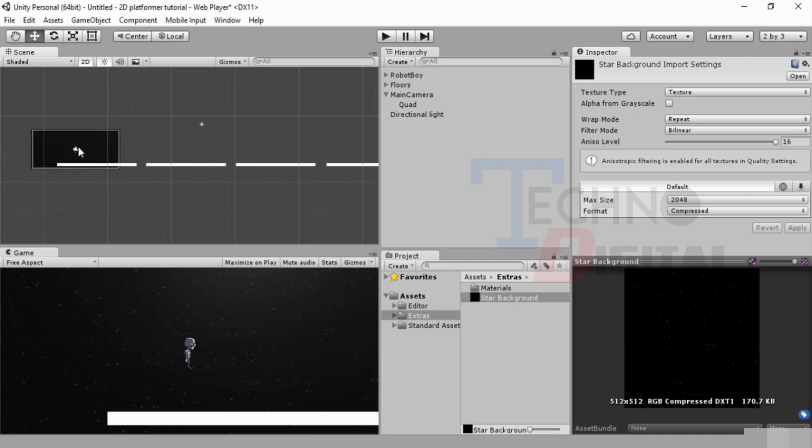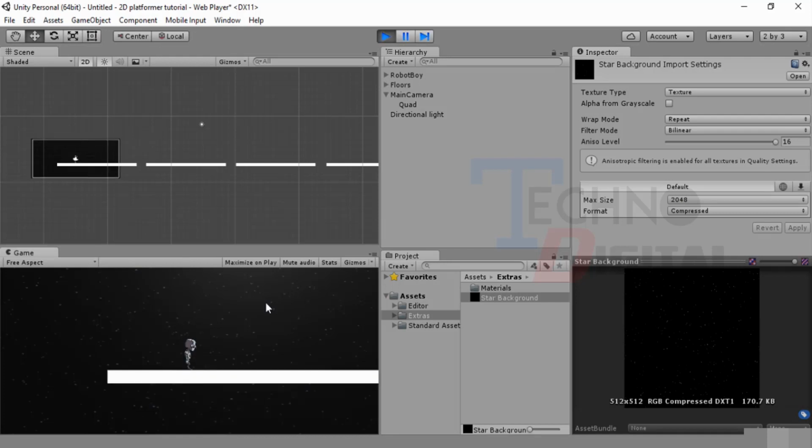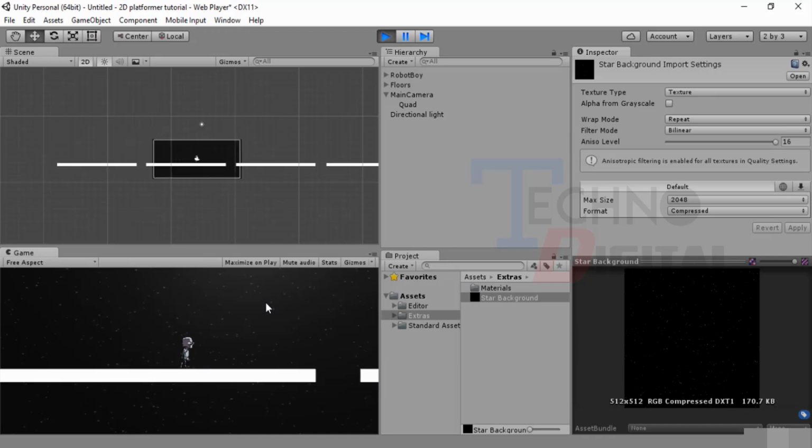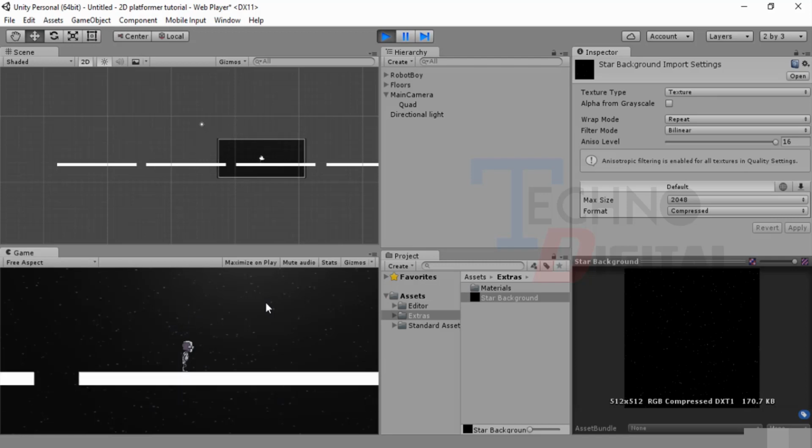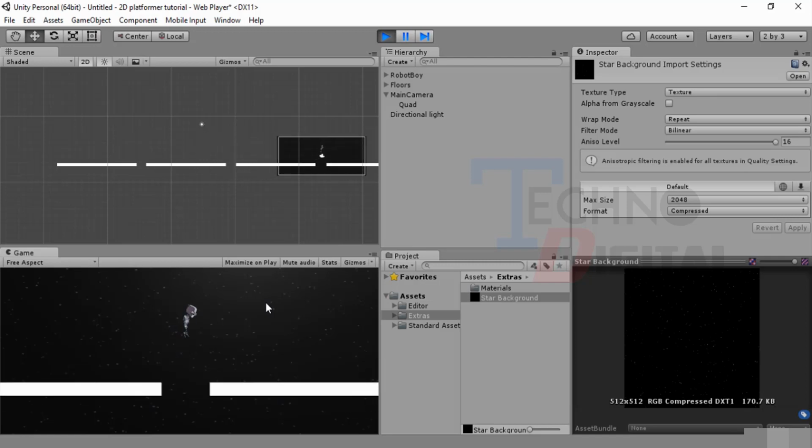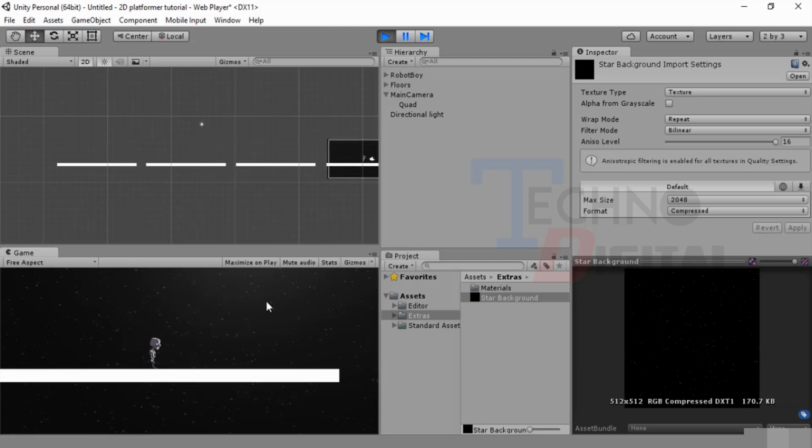So it is a bit stretched out. It's not the perfect fit. You would want to find an image that fits more perfectly. If you now notice that when we test this, the background will stay fairly static, but it does work with the new background. If you're building a game which has a lot of changes like buildings and backgrounds changes, etc.,